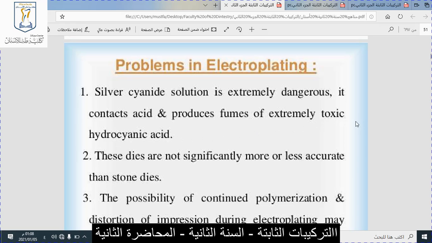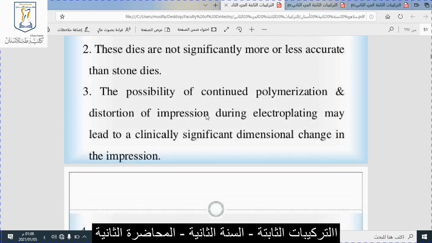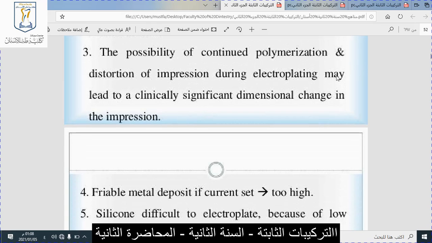Hydrocyanic acid, it will be toxic. Similarly, toxic hydrocyanic acids. These dies are not significantly more or less accurate. It is not less, it is more. It is sometimes significantly accurate, but it is not as accurate as stone dies. Okay. The possibility of continual polymerization and distortion of the impression during electroplating may lead to clinically significant